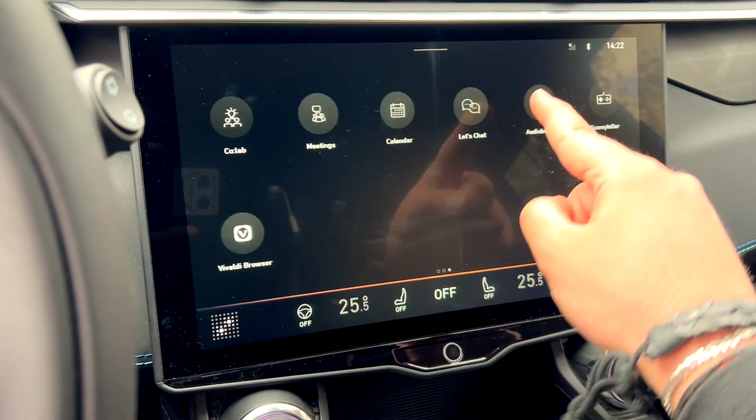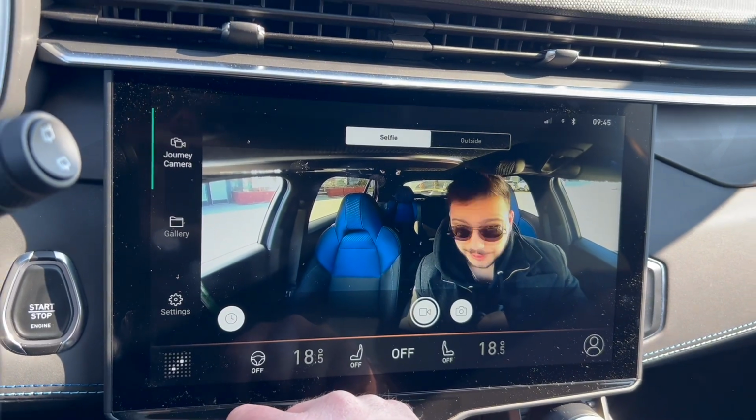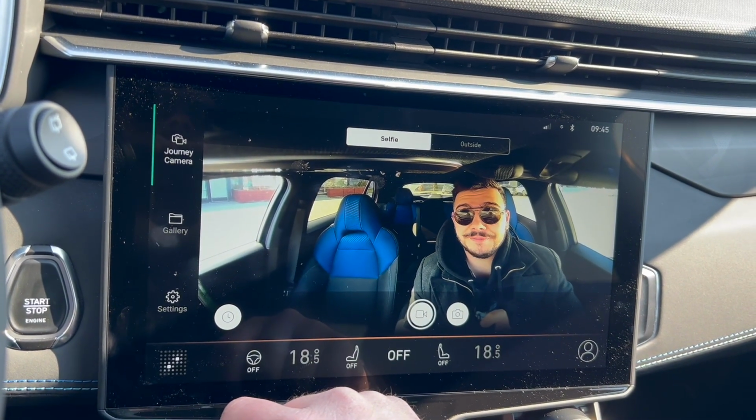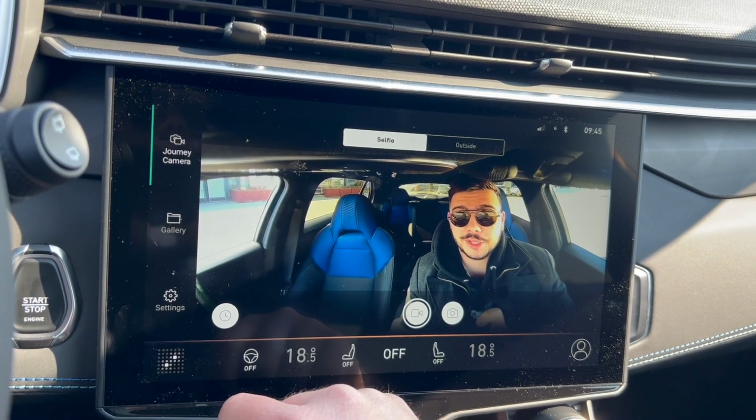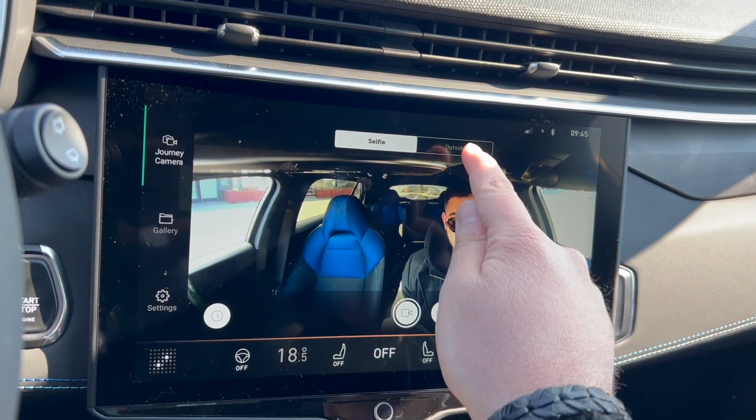And for some reason, let's chat. I don't know how that would work, but okay. Well, this is your selfie camera. I don't know why you would need this. Maybe to keep an eye on the kids in the back. But you also have